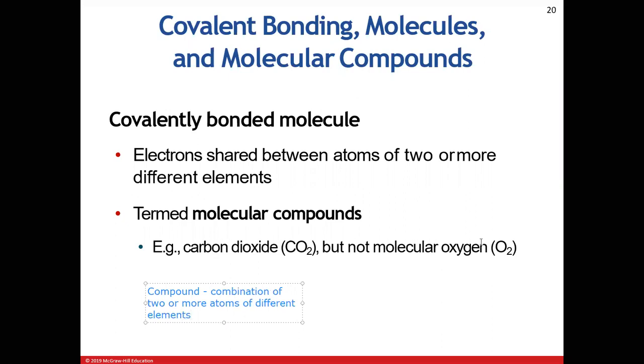So a compound is a combination of 2 or more atoms of different elements, okay? So we have a compound here in carbon dioxide. We have carbon and we have oxygen. So that gives us a compound. However, a molecule